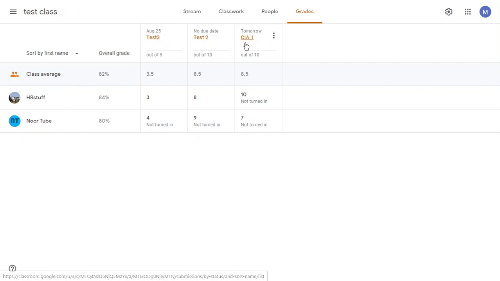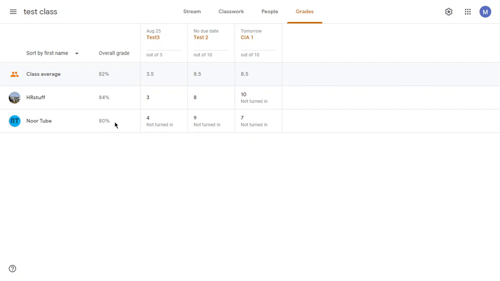I have shown an example of 2 students with 3 different tests, and it looks just like a mark sheet. This is my subject, and I can have a subject-wise mark register as we do in our regular mark registers. The 3 tests have been done by the 2 students, and I have graded them. The marks of test 1, test 2 and test 3 are here, and this is the overall grade. The first student has got 84% overall, and the second student has got 80%.